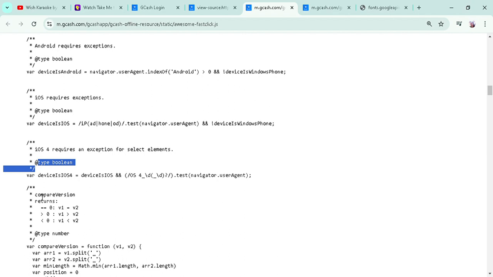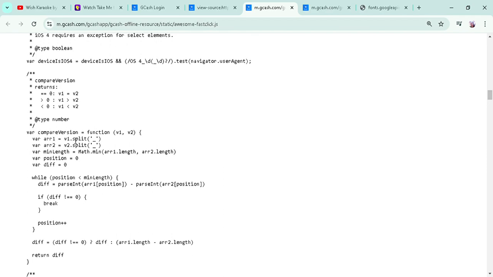Then compare version returns equal to 0, then var 1 is equal to var 2, then greater than 0, var 1 greater than var 2, then less than 0 is var 1 less than var 2, the type number, var conversion function.